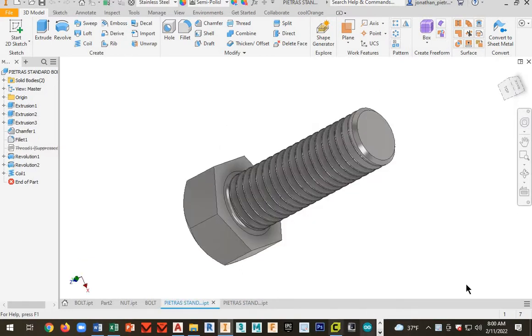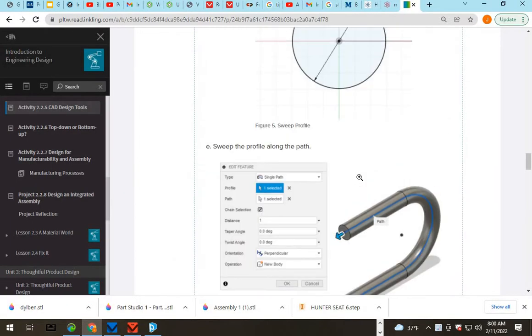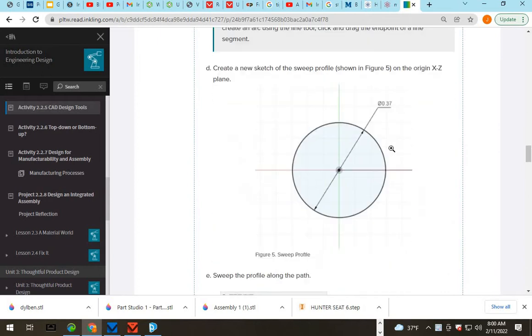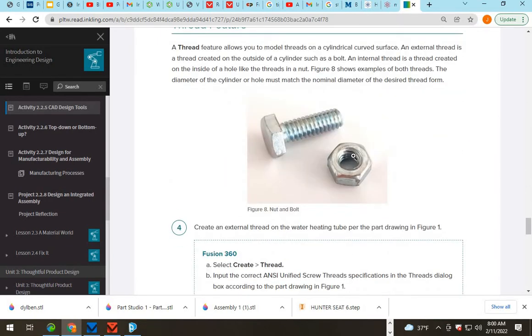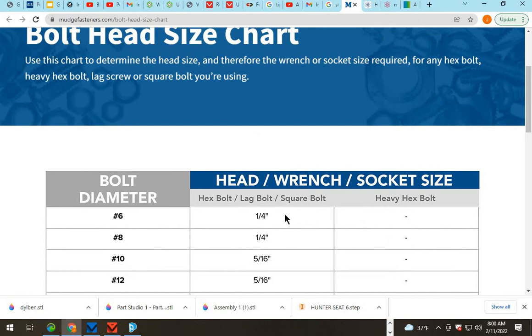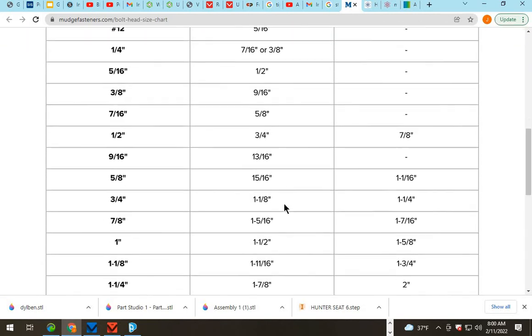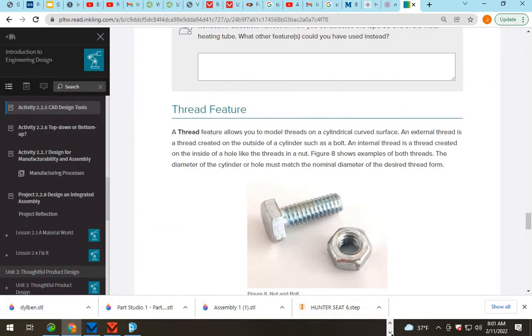Okay, this is part of 2.2.5 in your PLTW. You guys have explored the sweep command a little bit more in depth, and we're going to dive into our nut and bolt, kind of expanding on what you guys have learned so far with threads. Okay, so let's go ahead and